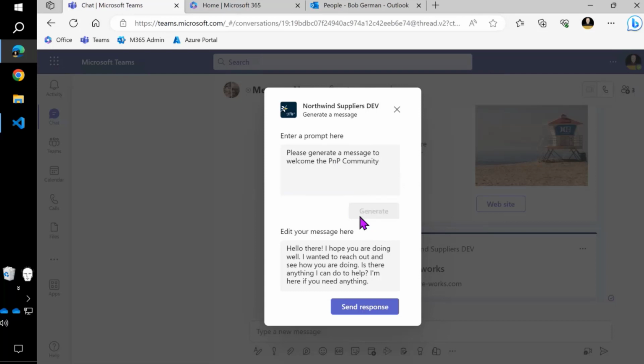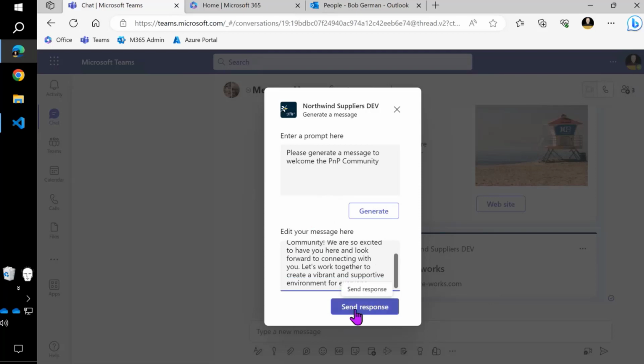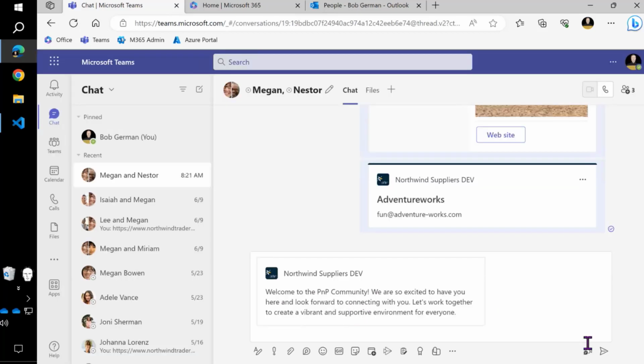And I can click generate again. What's actually happening is that it calls the web service, obviously, but then it generates an adaptive card each time, which is getting displayed. So I'm actually interacting with an adaptive card in here. And so you can iterate with this as many times as you want, or the user can, and then finally